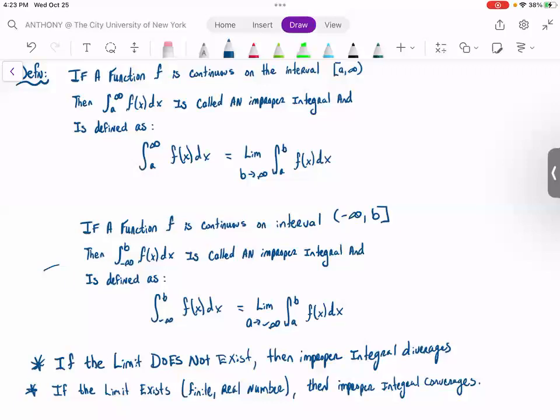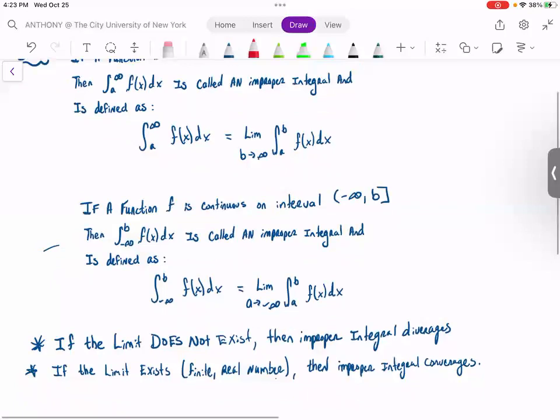If the limit exists, right, you get a finite single real number. Let's say that this number is L, then the improper integral converges to L. Okay? So let's take a look at a few examples just to get familiar with this. Let's say my first example,